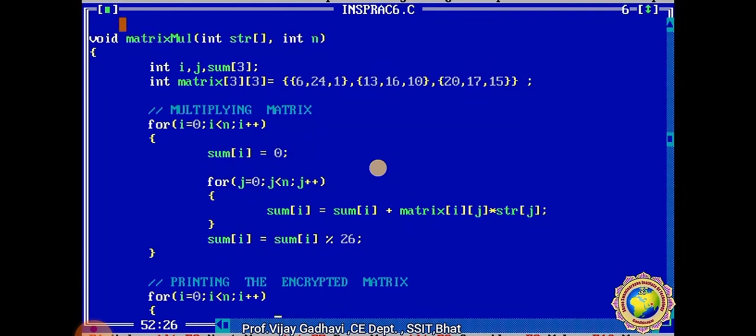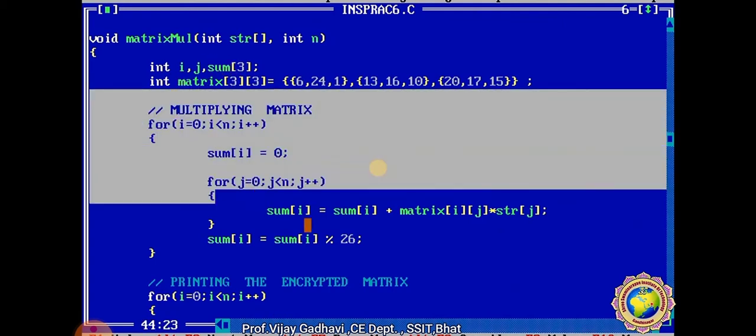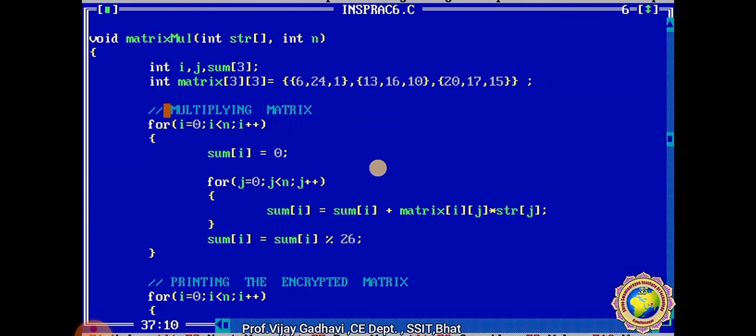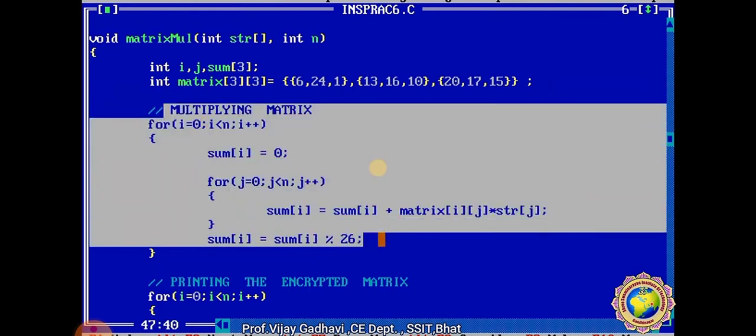Then here we define the main functions. Integer string value cannot decide the range, then integer n. Here we can take the data type integer. Now we are using multiplying matrix. Here we use a loop, for i is equal to 0, i less than n. The value of i is less than n. Okay, i plus plus is an increment operator.